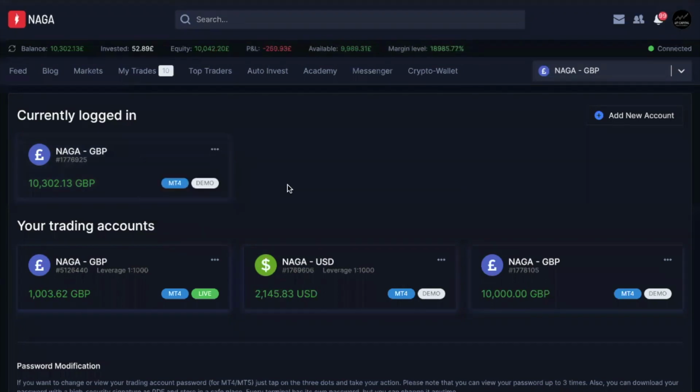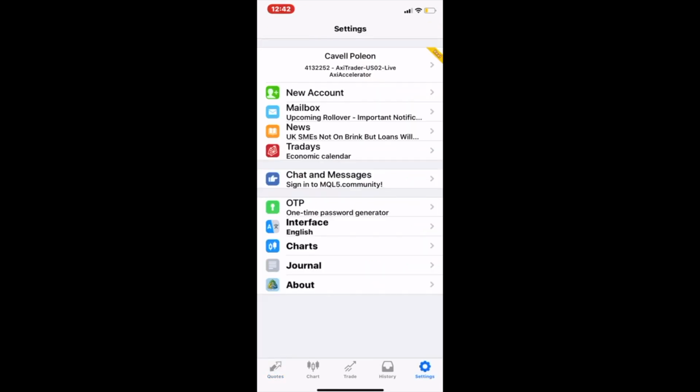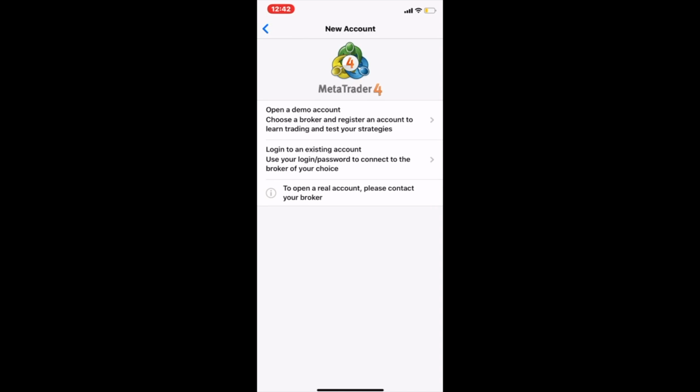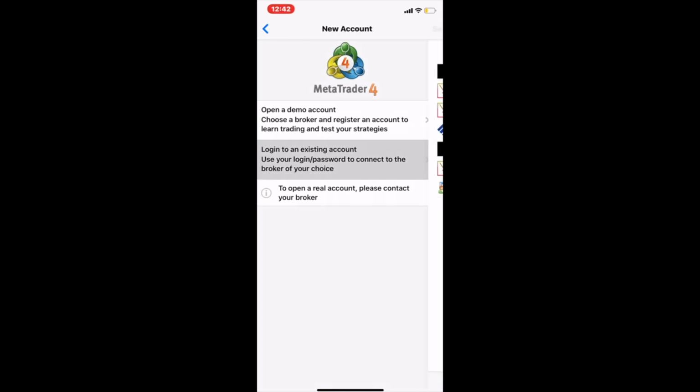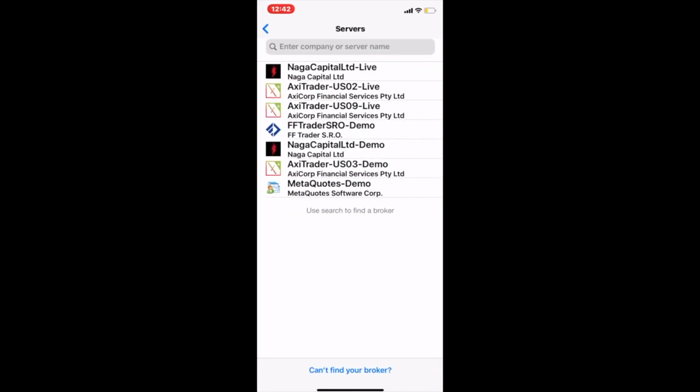If we head over now to the MT4, so here we have the MT4. Once we head over to settings, we click on new account. You can see it says open a demo account or log into existing. We're going to log into the existing account, and you can see a list of servers that we've already used